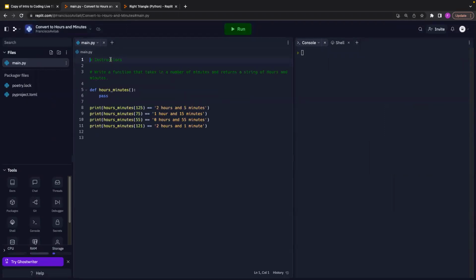There you go. Okay, so instructions: write a function that takes any number of minutes and returns a string of hours and minutes. So go ahead, Andrew. You can take it away now. Okay. Let's put in the parameter minutes. Okay, and then let's